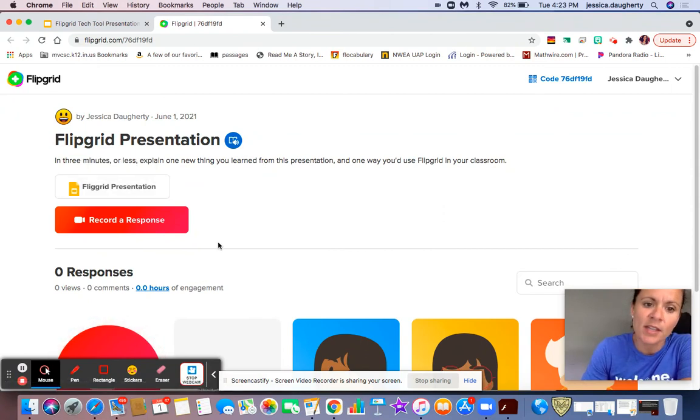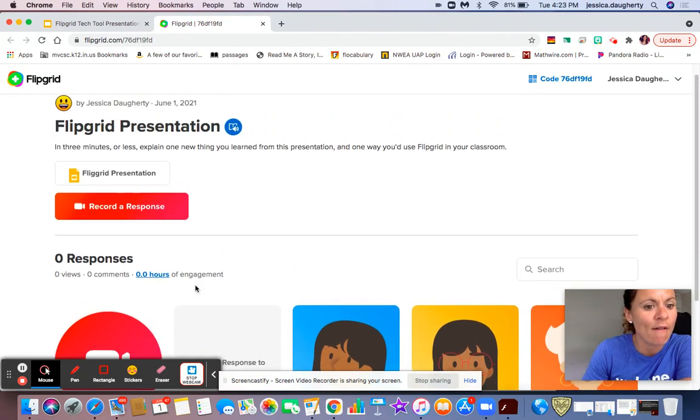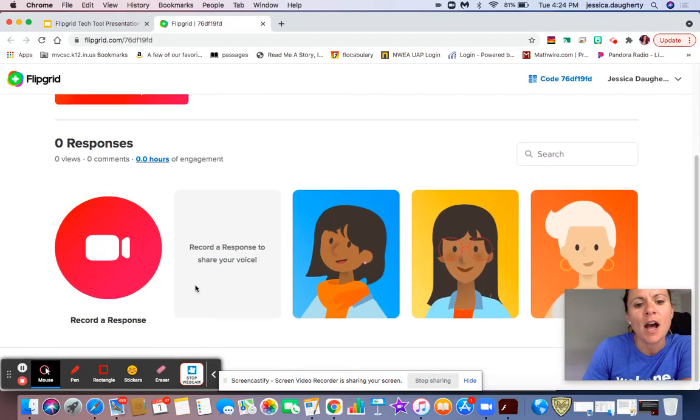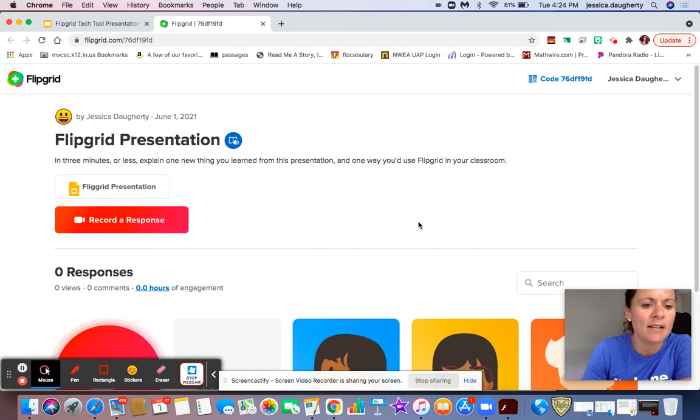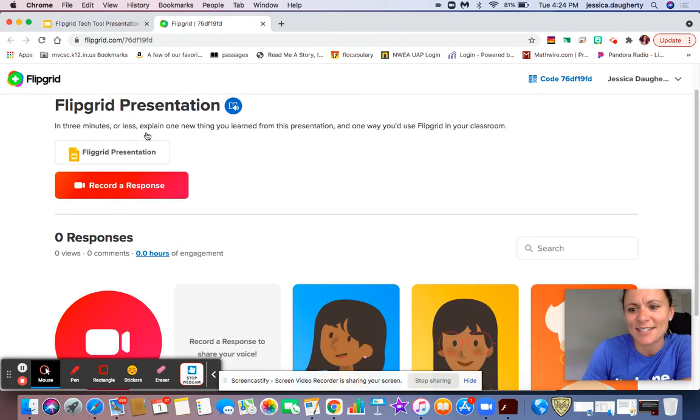You can also, within your instructions, embed any rubrics, directions, resources that you want, and everything on Flipgrid has the immersive reader option. So you'll see that the directions here ask, in 3 minutes or less, explain one new thing that you learned during this presentation and one way that you'd use Flipgrid in your classroom. If you're comfortable recording a response, that would be fantastic. I can go back and look at those. That can be feedback for me to see how this went. We can also look at each other's to hear what others have shared. Just kind of a neat way to engage and take part in understanding this resource